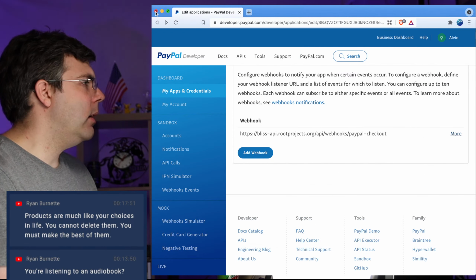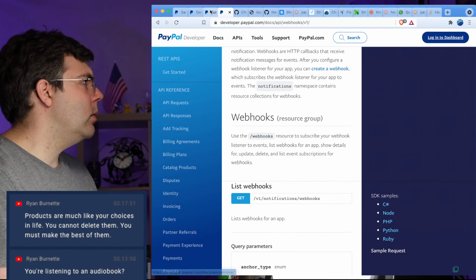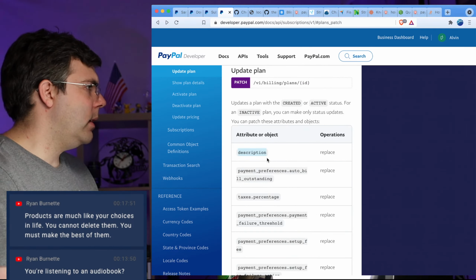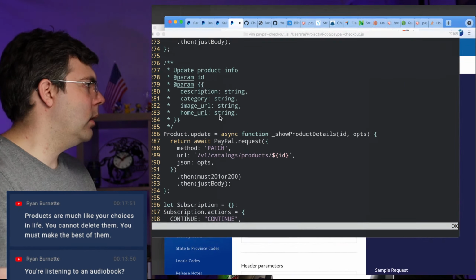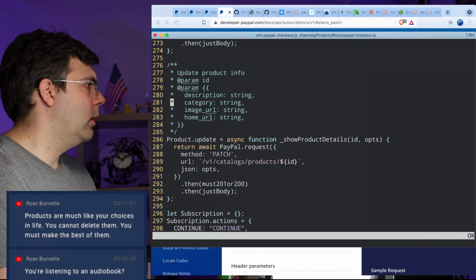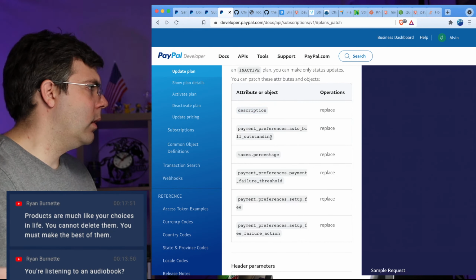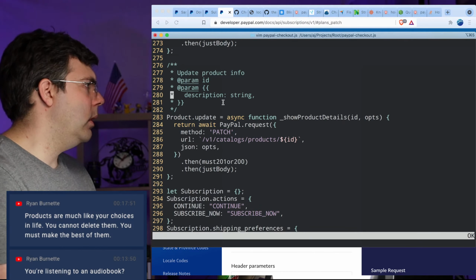So let me get out of here and get back to what I was looking at before. Basically, just description is the only thing that's useful at this point. I think this is a Boolean.